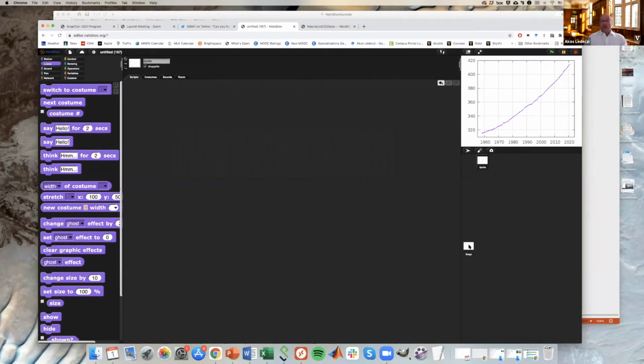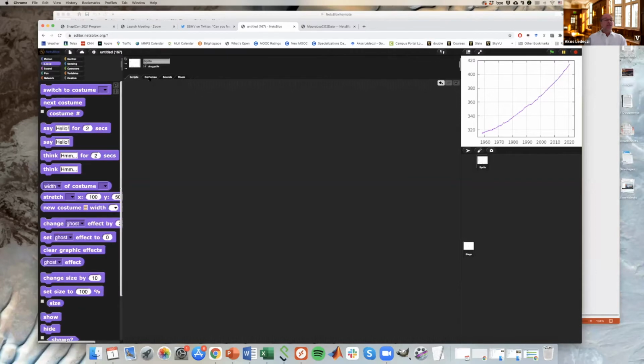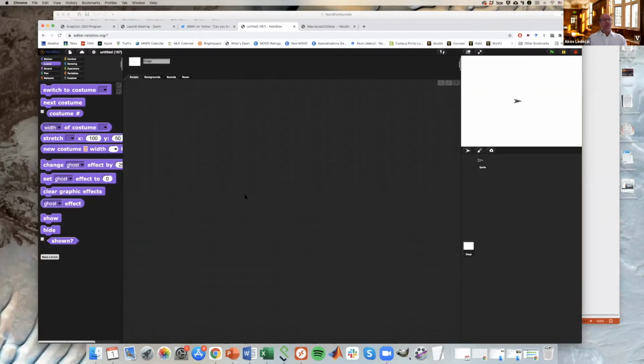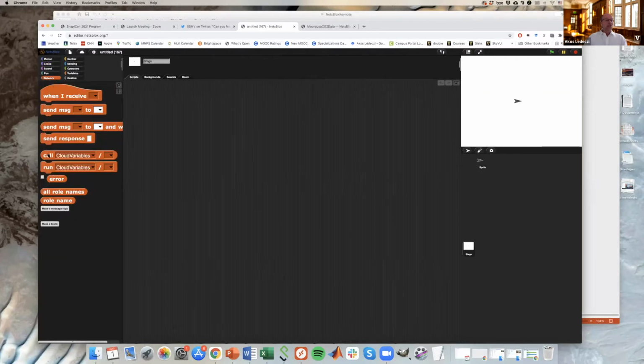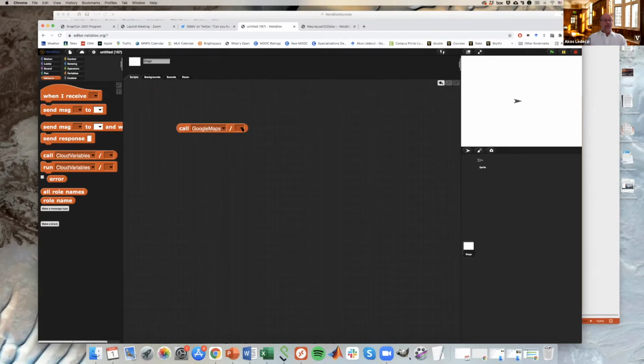All right. So what if I wanted to create a weather application? Okay, so first of all, let me clear this costume. So let's create a map background on the stage. So I pick the stage, I go back to here, I select Google Maps, and I select Get Map. I have latitude, longitude, width, height, zoom.